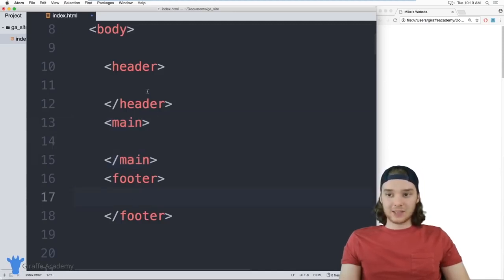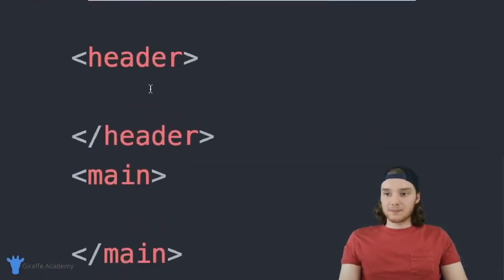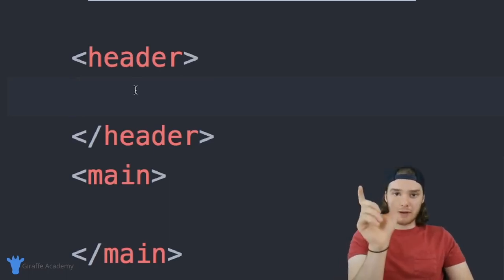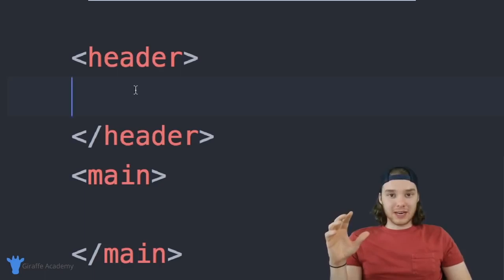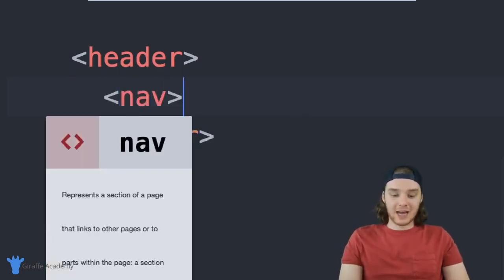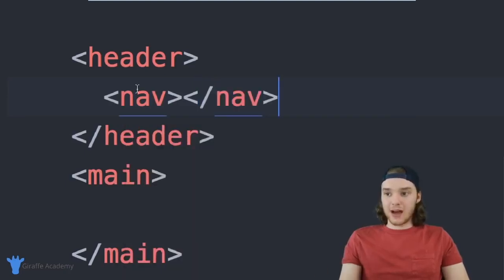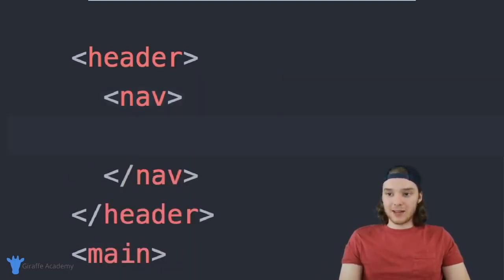Inside of these different tags, we can also define certain things. So imagine that inside of my header tag, I had a navigation menu, right? A lot of times in a header of a website, there'll be navigation links. So it'll be like, here's the home page, then the about page, the contact us page, whatever. We would want to put any of those navigational elements inside of something called a nav tag. And this nav tag is used to store navigational elements. So if you had a list of different links inside your website, then you could put them here inside